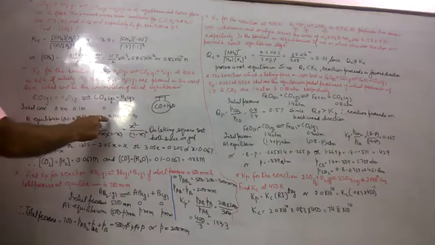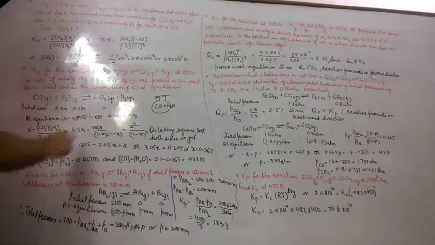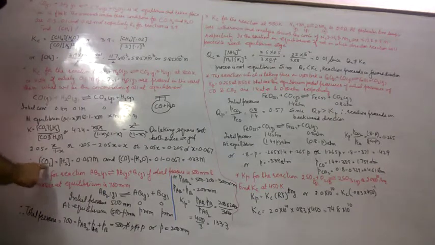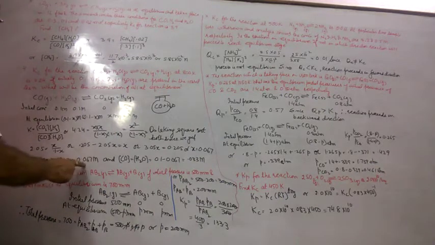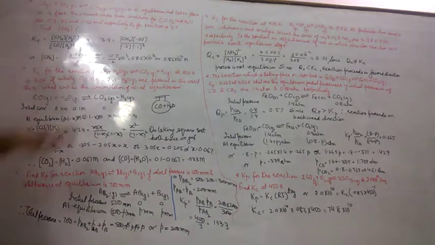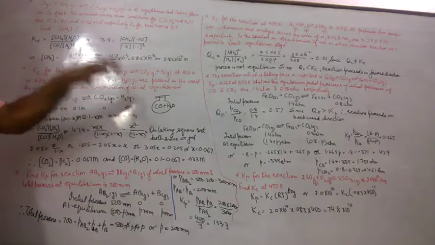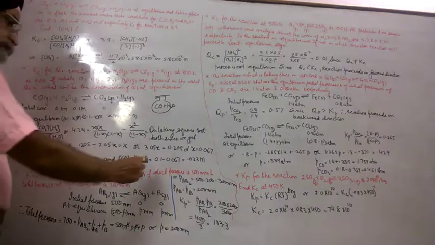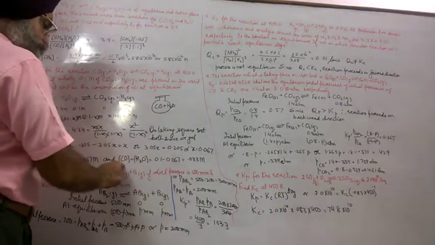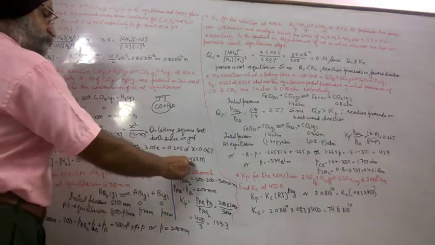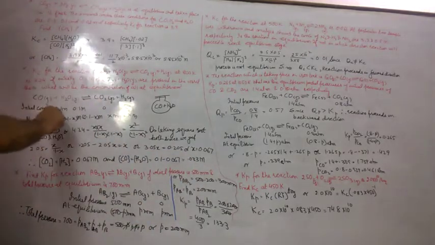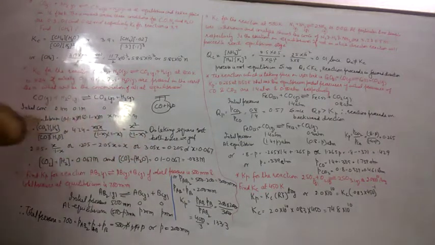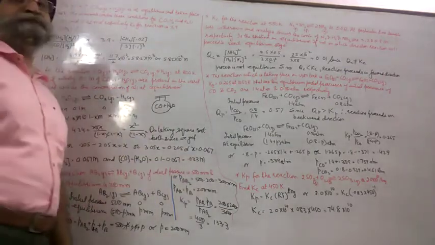And what is x? The concentration of CO2 and the concentration of H2. So one answer is that the concentration of CO2 equals the concentration of hydrogen, 0.057. But we have to find the concentration of all the components. Then for this, 0.1 minus x is 0.043. The concentration of CO equals the concentration of water. Had the initial value been 0.2, we would have done 0.2 minus 0.057, but in this numerical it was not like that. In both cases, the concentration is the same.